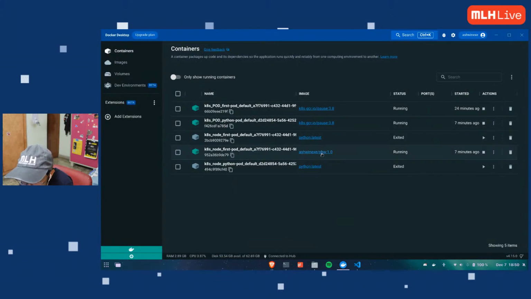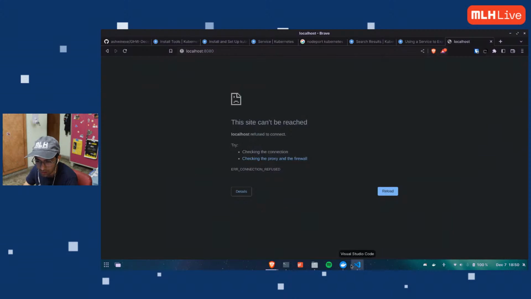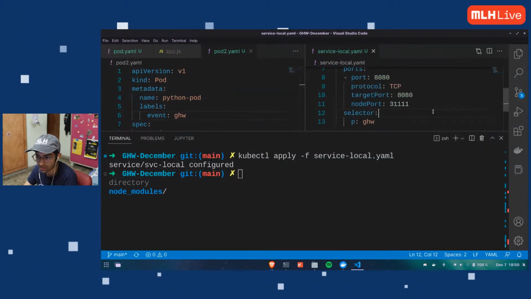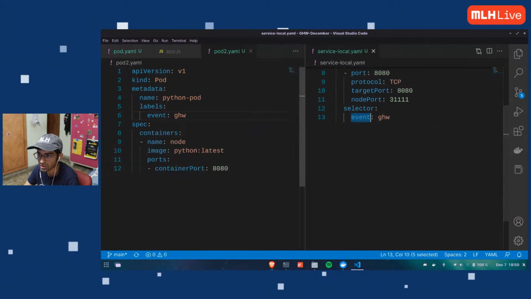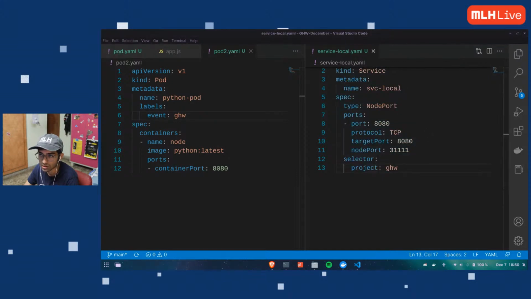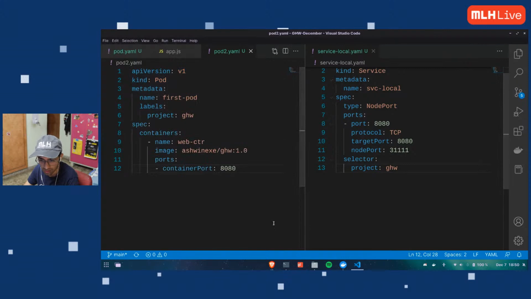I have my thing running right here. I can see it. I have Python running here, which I don't need. Yep. Interesting. So events also should work. Let me see if this also works.